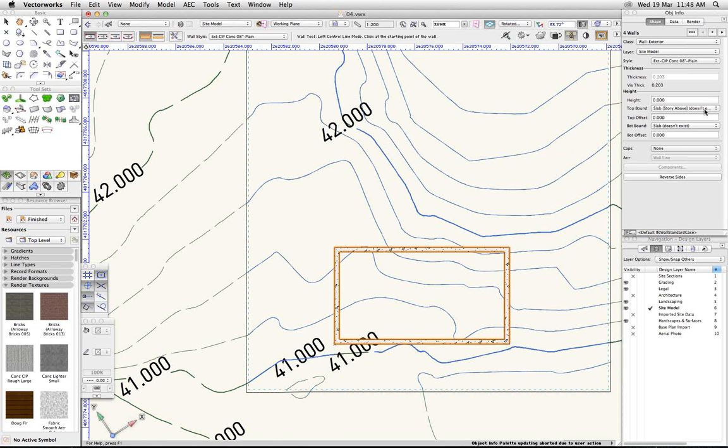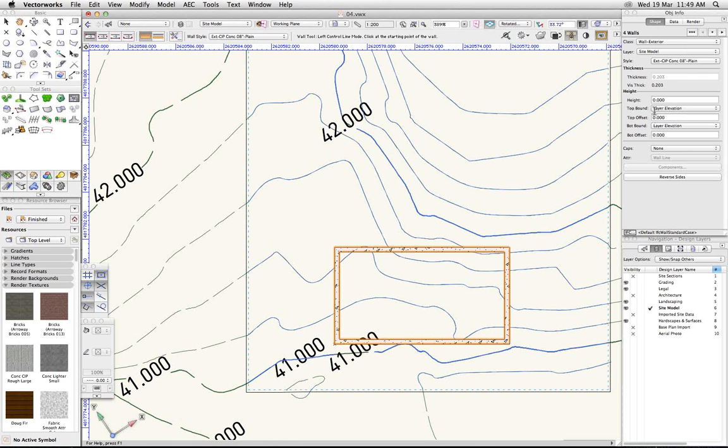I'm going to change the height. And here, of course, the stuff that I'm excluding is your design process, whereby you're going to want to look at this and figure out what are your grades going to be, what's your elevation going to be for the building. That's not so much a technical Vectorworks issue as a design issue. So I'm going to work with some given numbers here. Okay, so